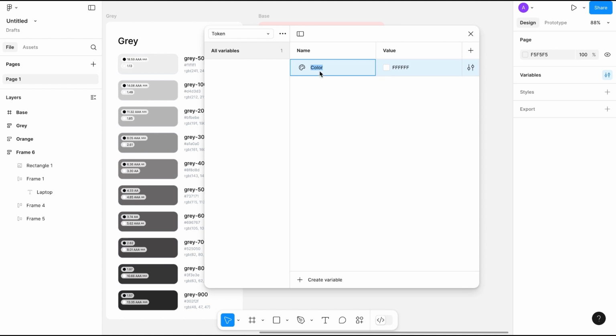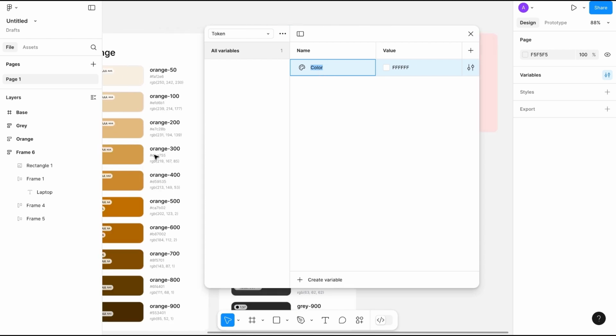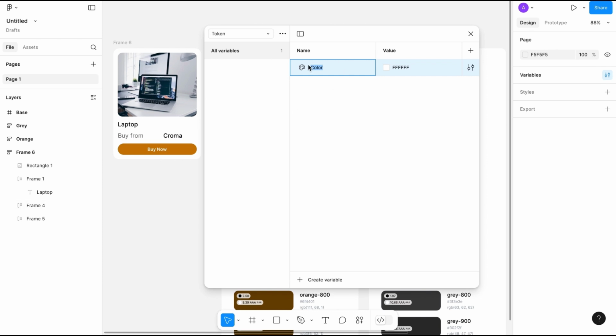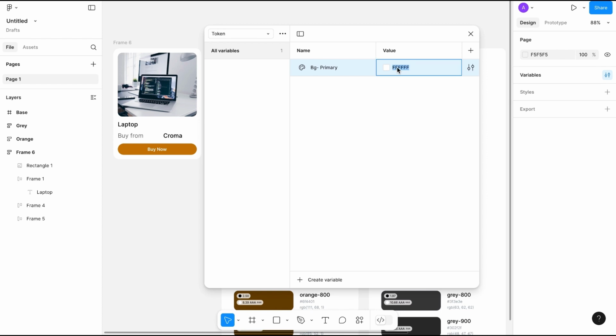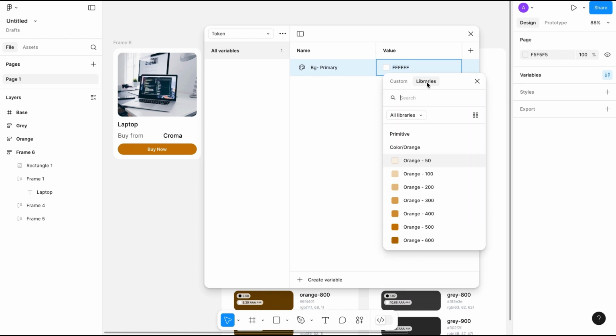And this time I will give it a name like background, BG for background, and this will be surface or primary. And I will choose the color not directly from here. We will go to library and select